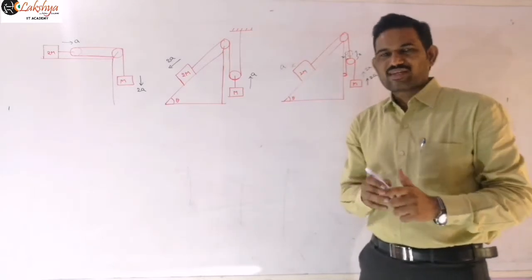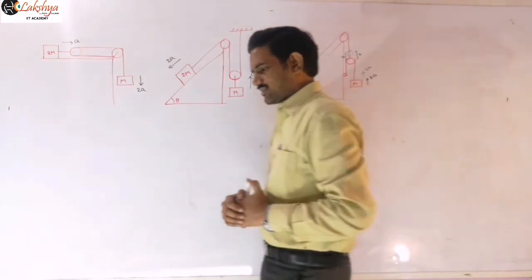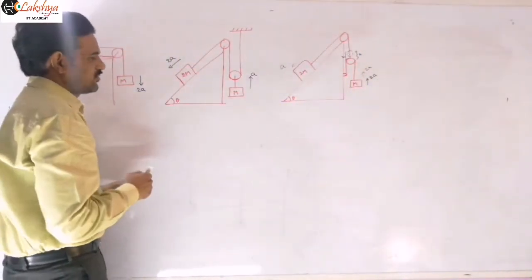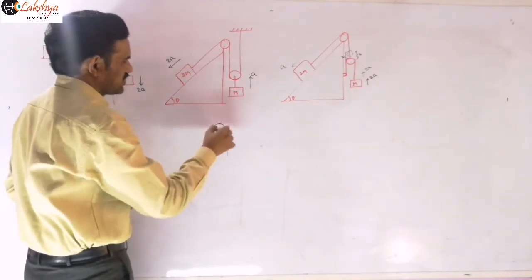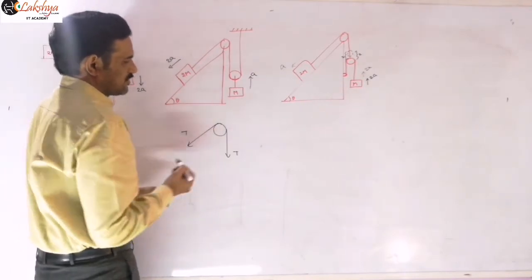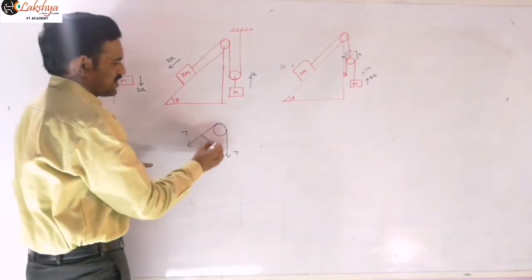What is the force exerted by the clamp on the pulley? Sometimes you will find such types of questions. To answer them, let us find the net force acting on that pulley due to these supports. Suppose one tension is on this side and another tension on that side. On the pulley, you need to represent those two tensions like this. Now the resultant of these two tensions you need to substitute here.